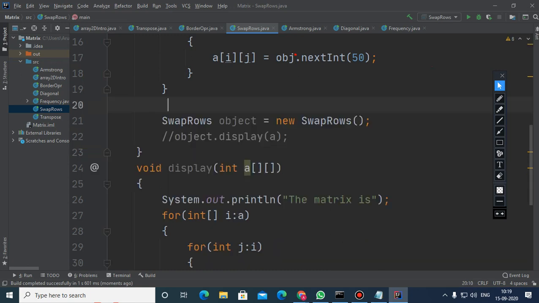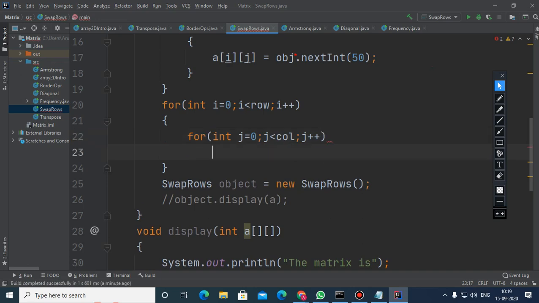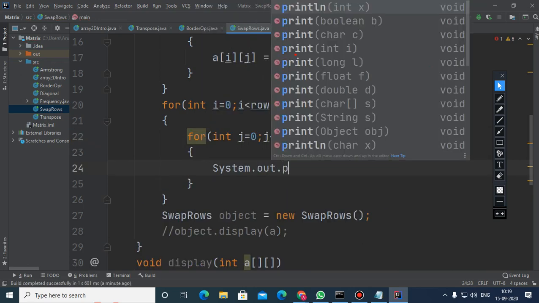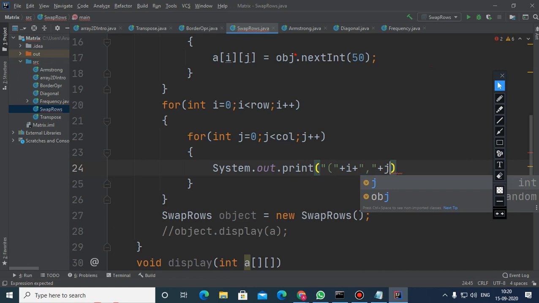Okay. Now I would like to show you the index numbers. This time the normal method will be used. So it is up to rows. And here for column j++, you should write i in brackets, plus a comma, plus j, plus the closing bracket.